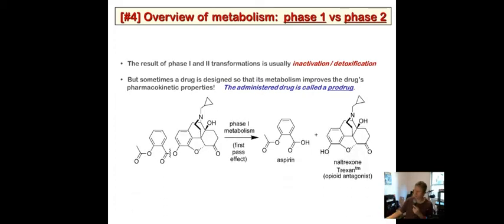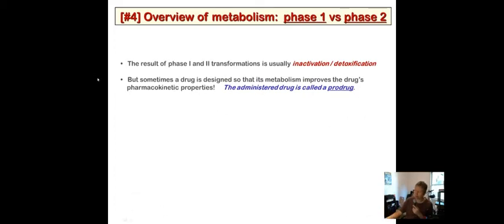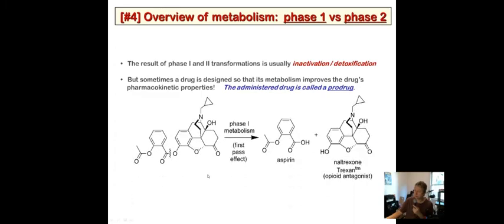Here's one example. So this is naltrexone. This is naltrexone 3-salicylate, and we've talked about naltrexone. It's an opioid antagonist, and so it binds to the opioid receptor and prevents its activity. Anyway, so this is a prodrug, and it basically has aspirin conjugated to it. So this is aspirin, and the aspirin's not really there to do anything. It's just kind of like a placeholder that can be hydrolyzed by first pass metabolism and probably an esterase, something that cleaves this ester, and then that